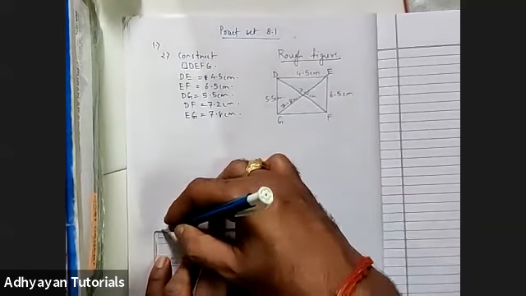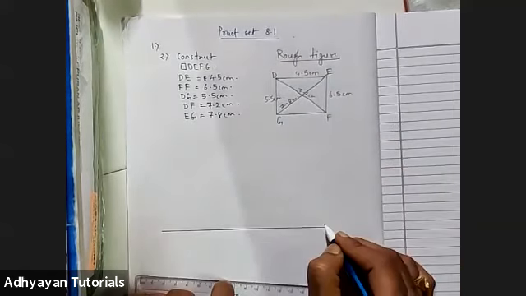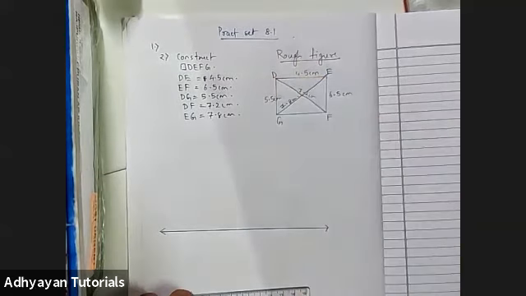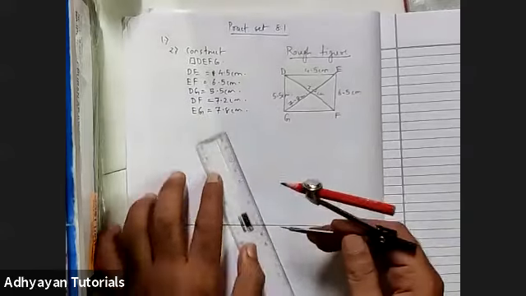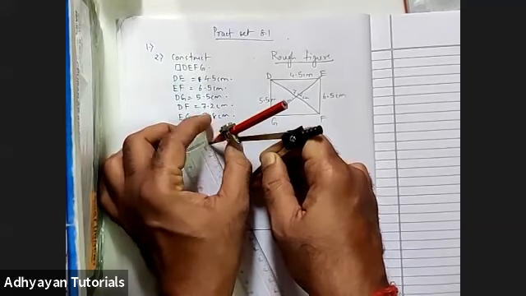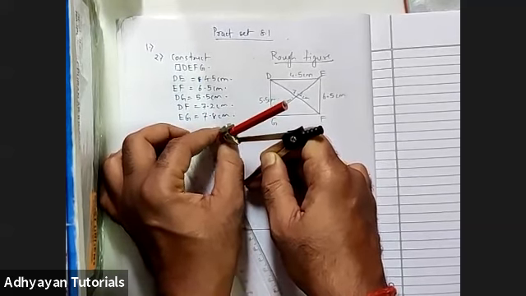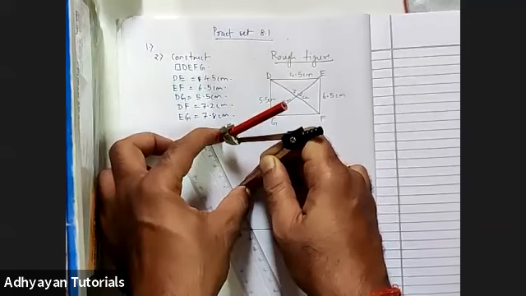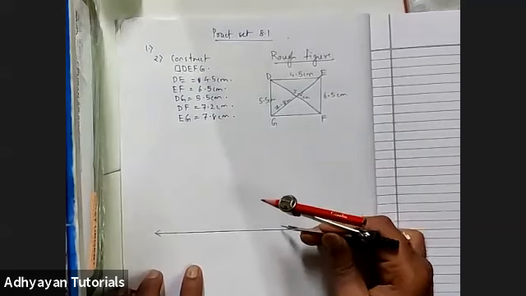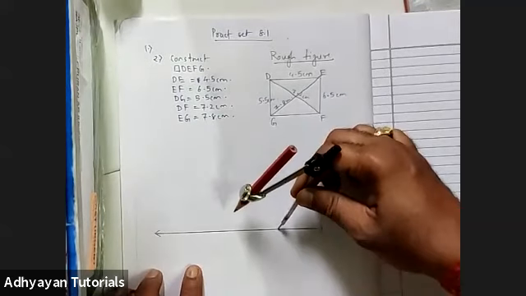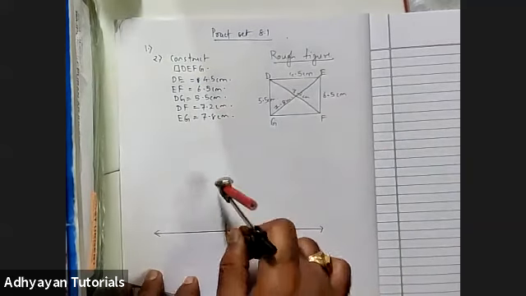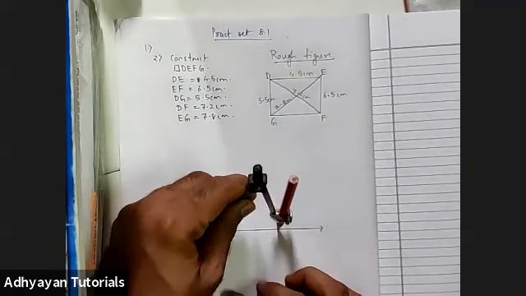So I draw this beautiful line which has to be greater than 4.5. Then I take 4.5 centimeter in the compass. I'm expecting you all to be with me and complete the sum with me. The main figure at least. If you want, I can give you some time for the rough figure, right? Okay, I've taken 4.5 centimeter. I've kept it randomly somewhere on the line and I've drawn an arc. Now with the same measure, I place the pointer here and I draw an arc.